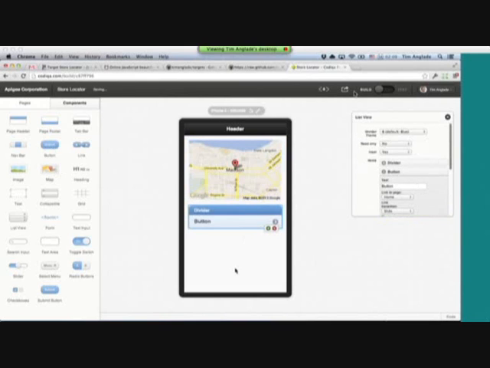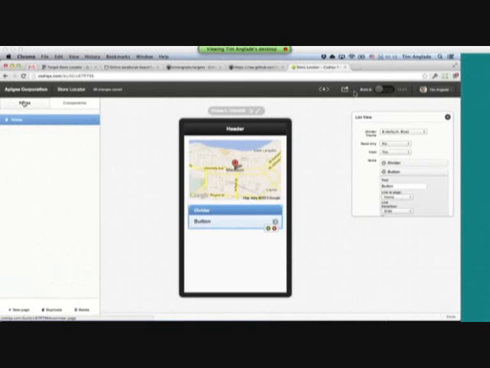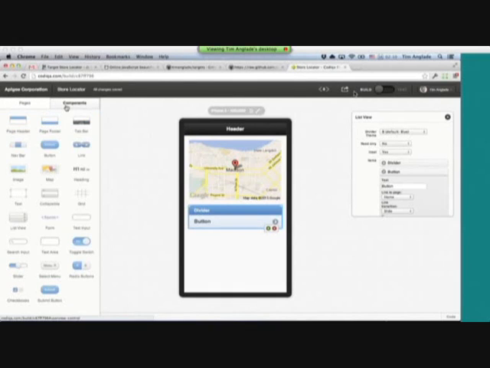We're going to use a header to show the title of our app. We're going to use the map to show the user where he is and where the stores are in relation to him. And we're going to use the list view to showcase a list of different results that we have. It's a very simple app. We're going to have a single page. If you wanted, with Codiqa, you could add more pages to your application, and add them here, but we're not going to worry about that for now. We're just going to do a simple single page app with this. So if everybody's good with this,